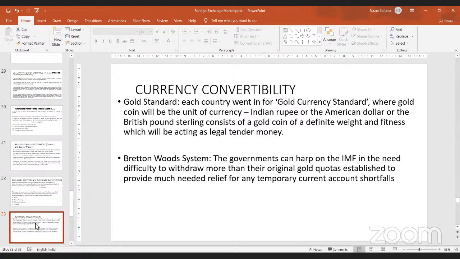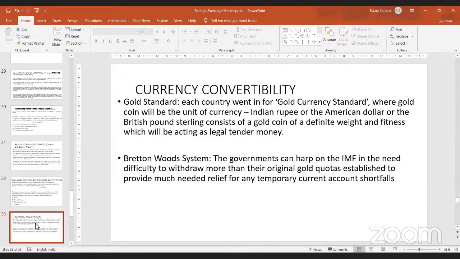They would weigh it in terms of gold and then determine their value with the other country's currency. So if, say, for example, I am making a gold coin of Indian rupee by using 0.75 grams of gold, for example, and if the US is making $1, which is a gold coin,